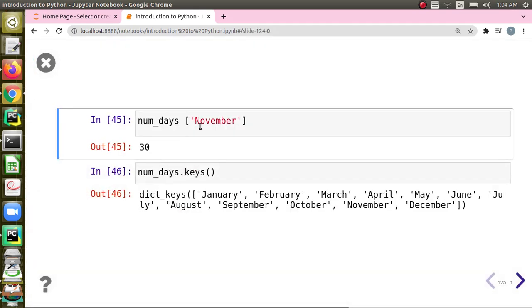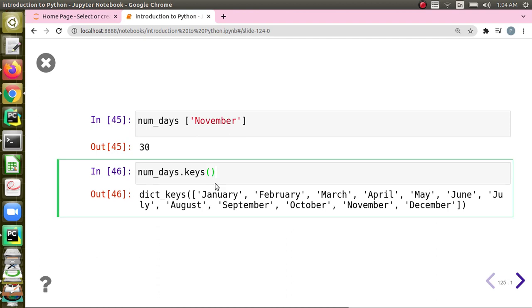If you just write num_days of November, it gives the number of days. If I write num_days.keys, it will return the keys that are present in the dictionary, like January, February, and so on. And when you look at the data type, it is dict_keys.